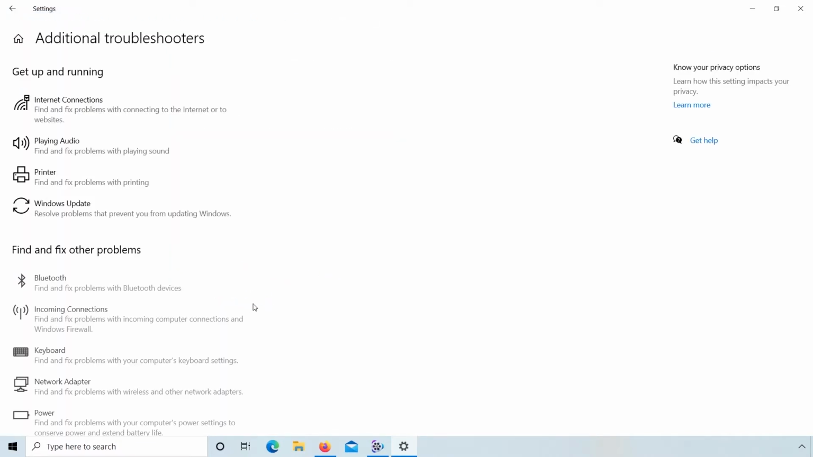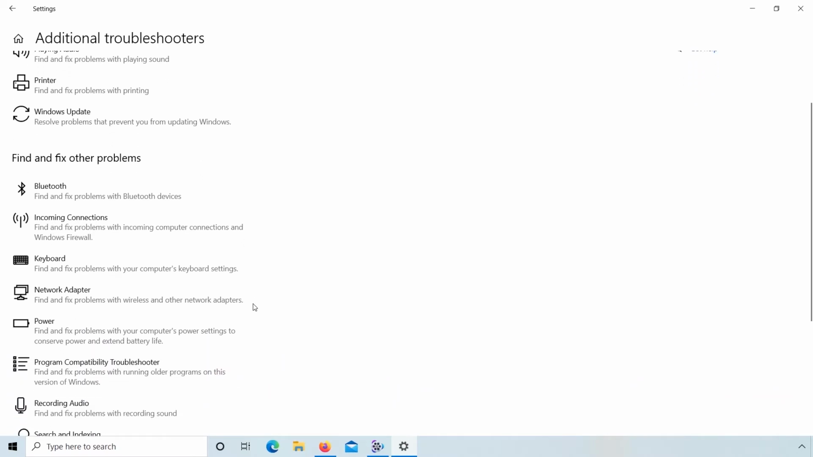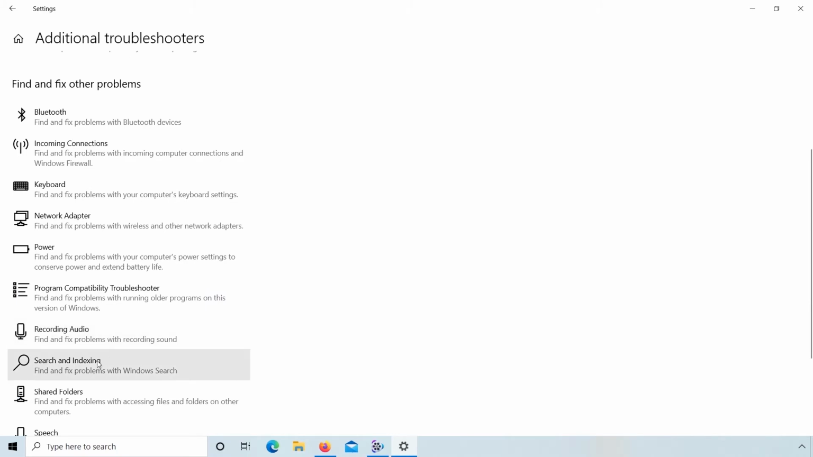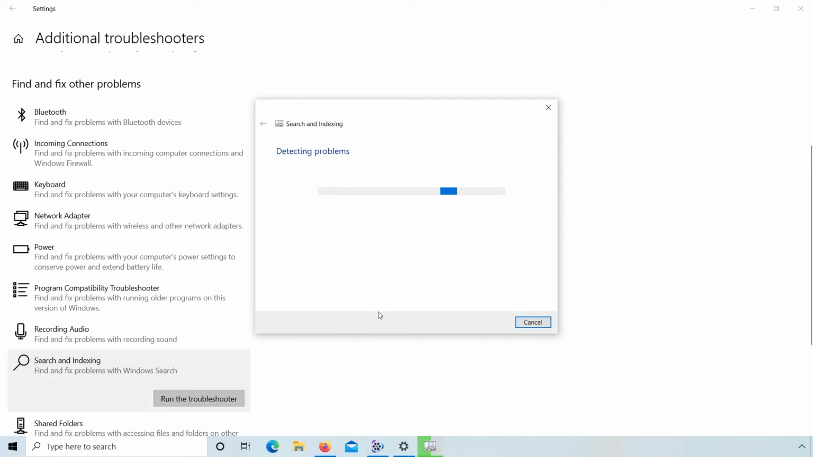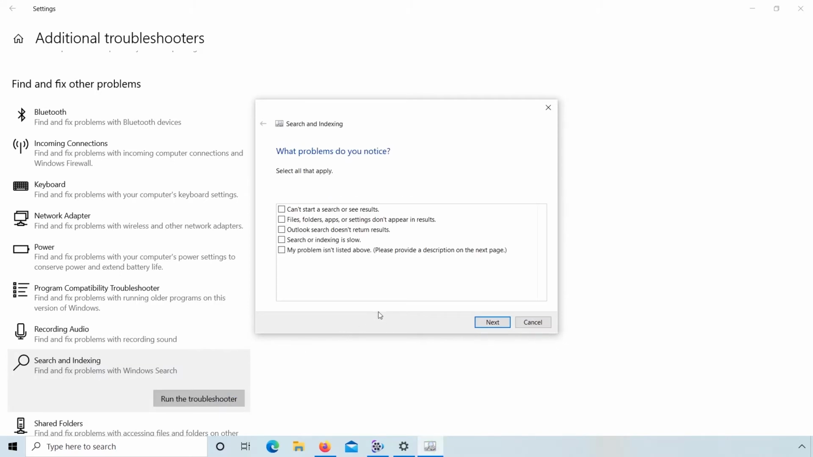In Additional troubleshooters, scroll down and click on Search and Indexing, and here click on Run the troubleshooter. So what problem do you notice? Here you can check any option. I check "Can't start a search or see results" and "File, folder, app or setting don't appear in results." From here you can check any option. So now click on Next,